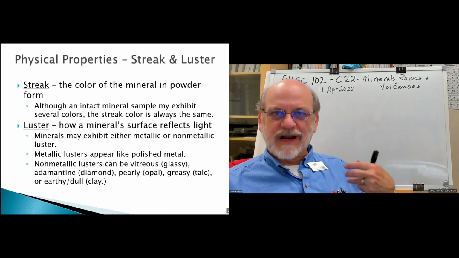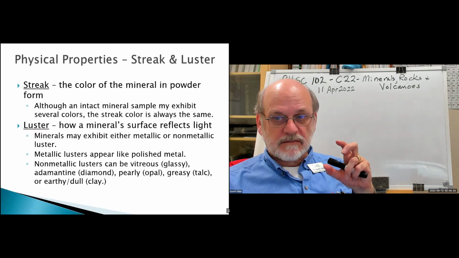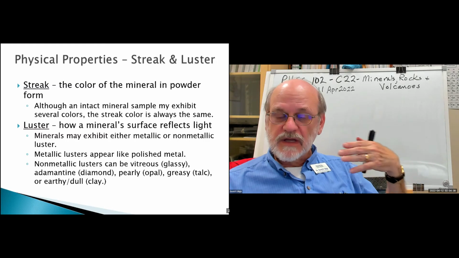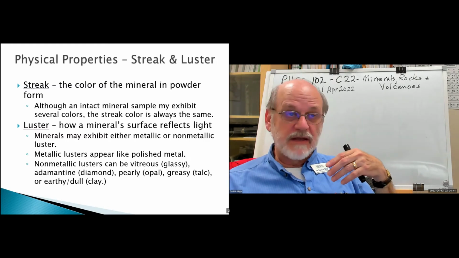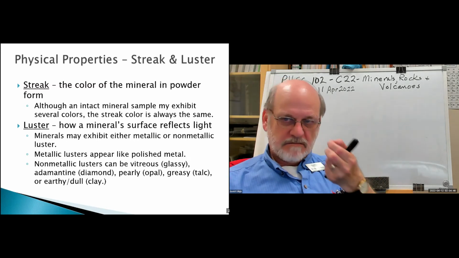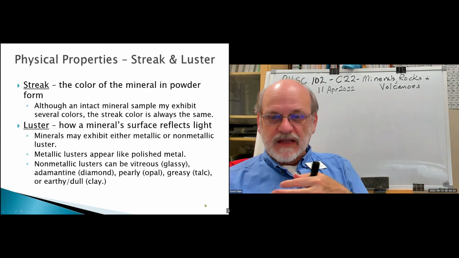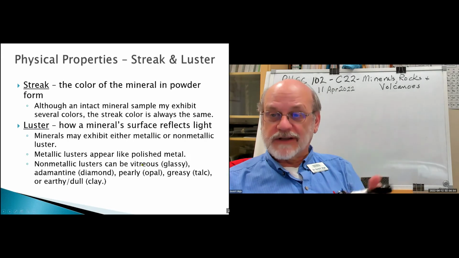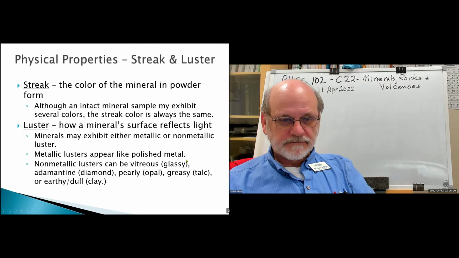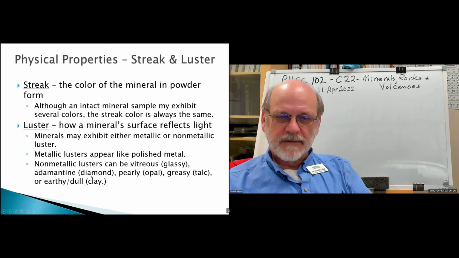When you understand what glass means, glass is non-crystalline. In other words, the glass in the windshield of your car or in your house is an amorphous solid. It does not have a repeating unit cell structure. As a consequence, light behaves differently in that than it does in a pure crystalline solid. Adamantine, that's diamond, is an example there.